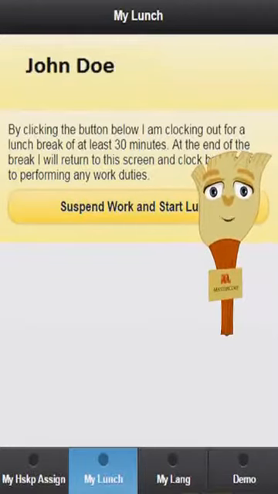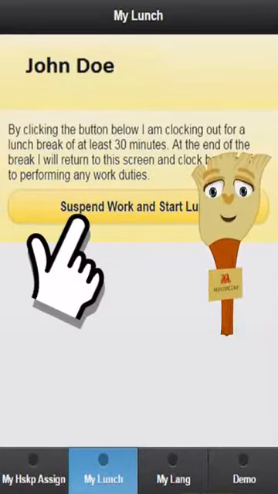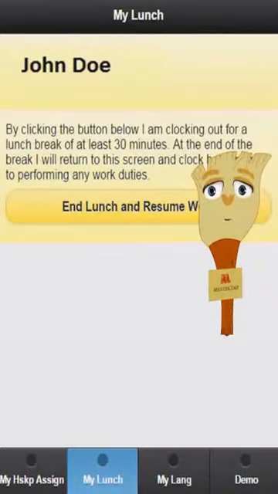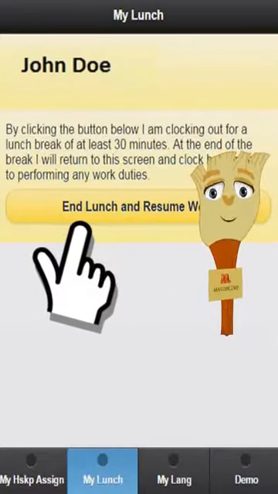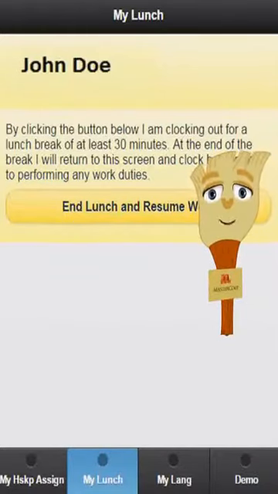Using the My Lunch screen to start and stop your lunch break will result in you not having to enter lunch at the clock when leaving for the day. Before you start your lunch, the button will be labeled Suspend Work and Start Lunch. After tapping the Suspend Work and Start Lunch button, the label will be changed to read End Lunch and Resume Work. At this point, you can turn your screen off, put your phone in your pocket, and enjoy your lunch